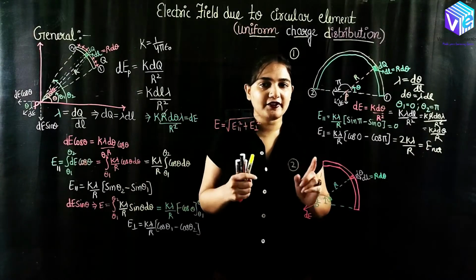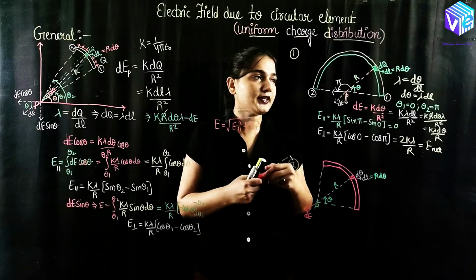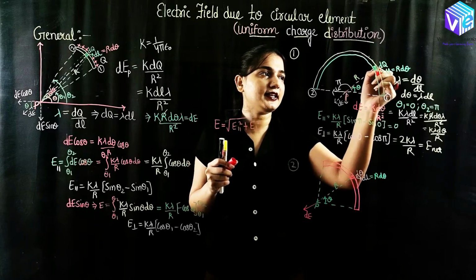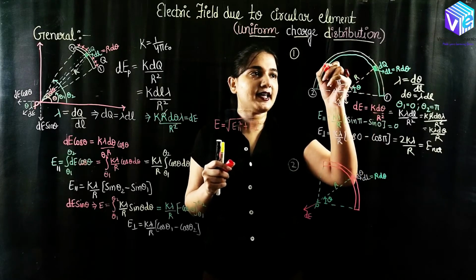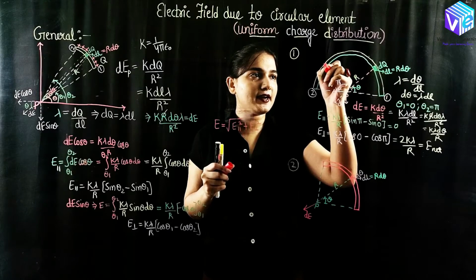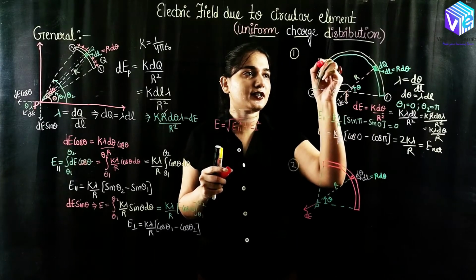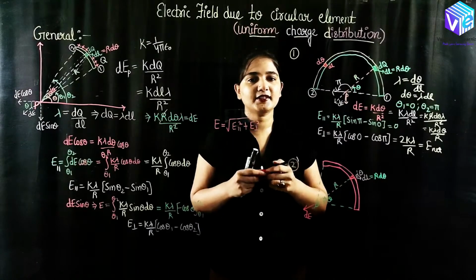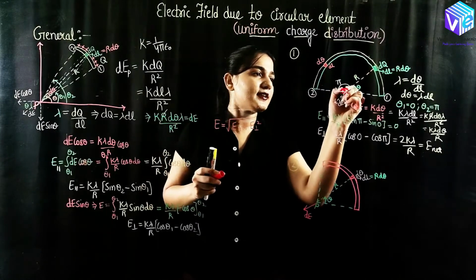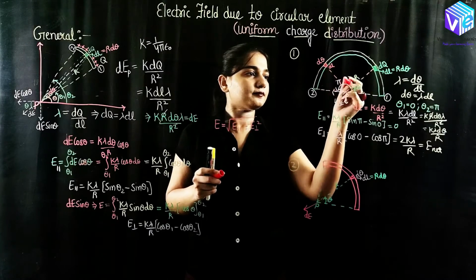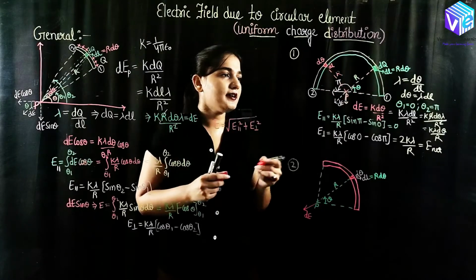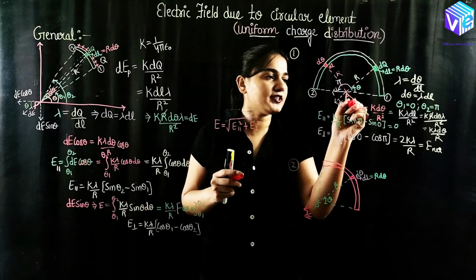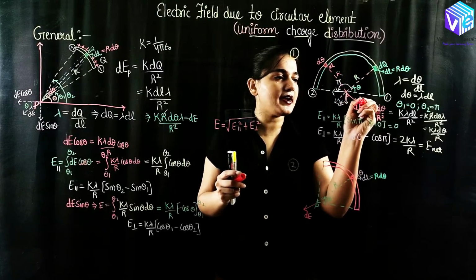And if you have to verify the formula, I was telling you the short trick. So you must check the symmetricity. Here I have taken the dq element here. If I take the same small element here in this circular ring, so let's suppose this is again my small element dq and it is having the small length dl. So let's see what will change here. This is again r. So here what will be my electric field? Electric field will be along this line. So now this is my dE.